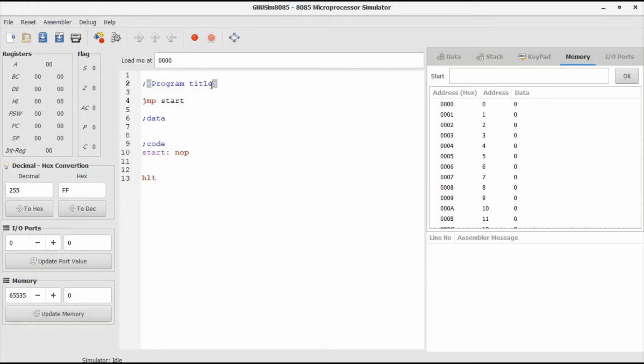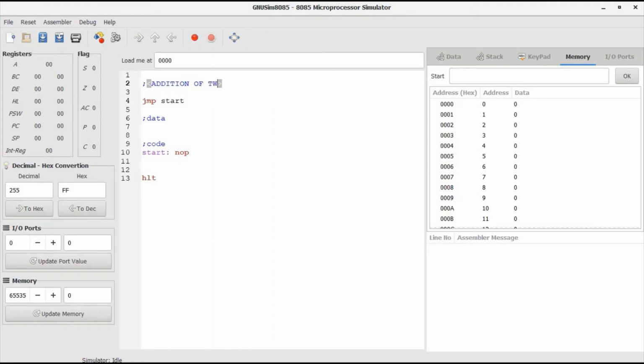The title of the program is to run an assembly language program of addition of two 8-bit numbers using 8085 microprocessor simulator, GNU Sim 8085. So we will write down the title here: addition of two 8-bit numbers.